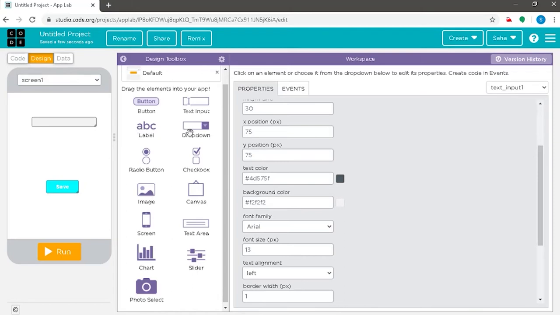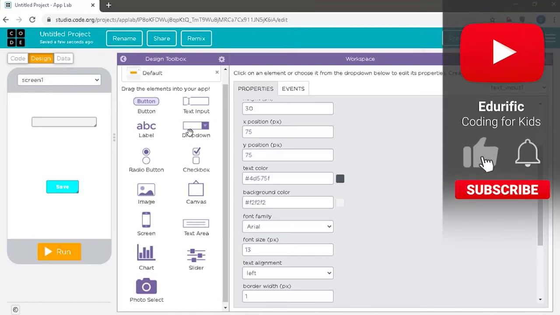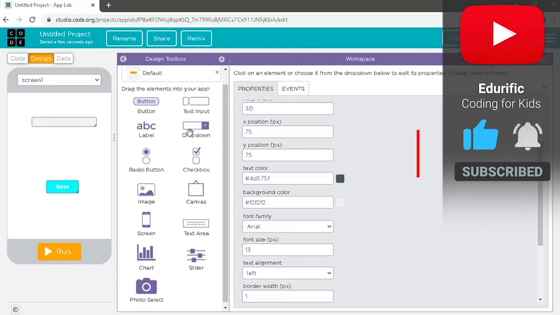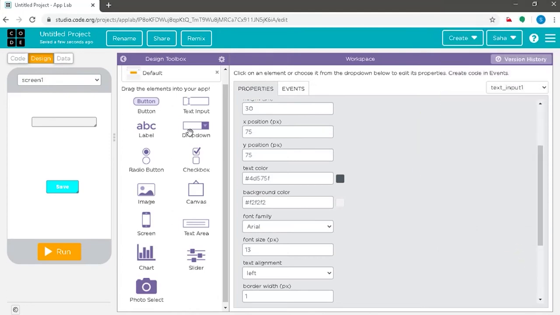There is a drop down button which gives you various options similar to the radio button, which enables you to tick or consider the various options like a checkbox, which I will drag now,